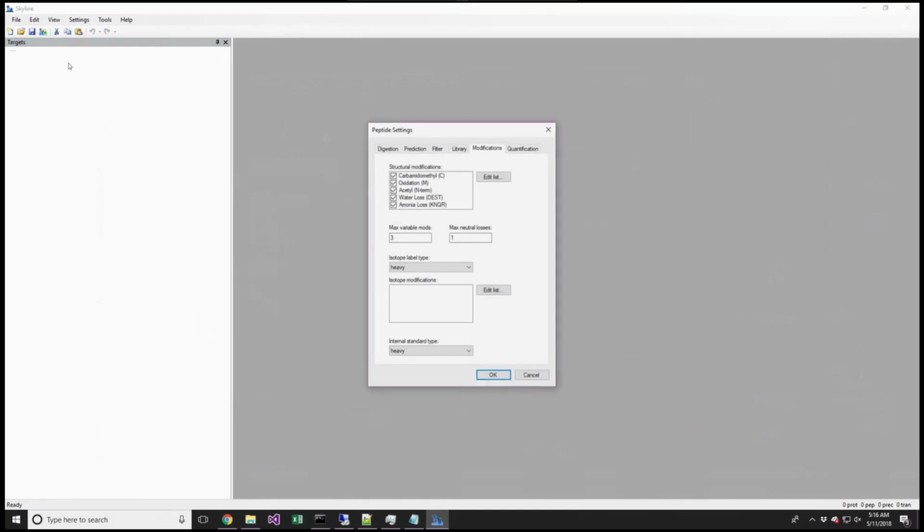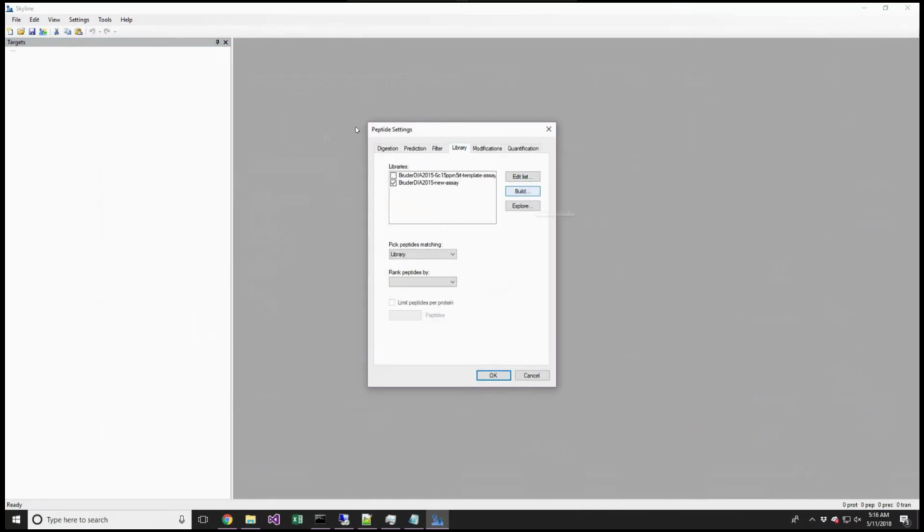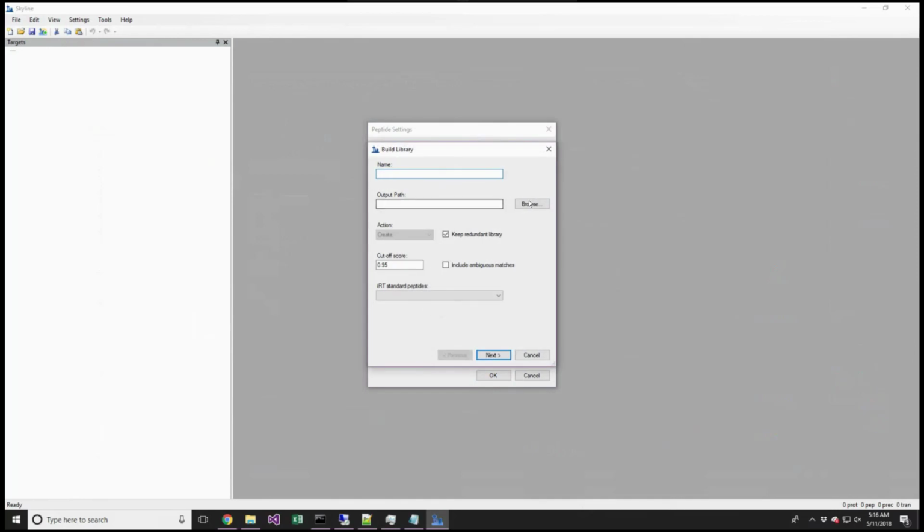So whereas in Skyline we try to put everything into the blib file, that's the library file, the choices you make about how to measure it, whether you want 5 transitions or 8 transitions, or you want to include neutral losses or you don't, all those kinds of choices you make in Skyline with settings. Okay, so if we go to settings, peptide settings, and then library, we can do build,